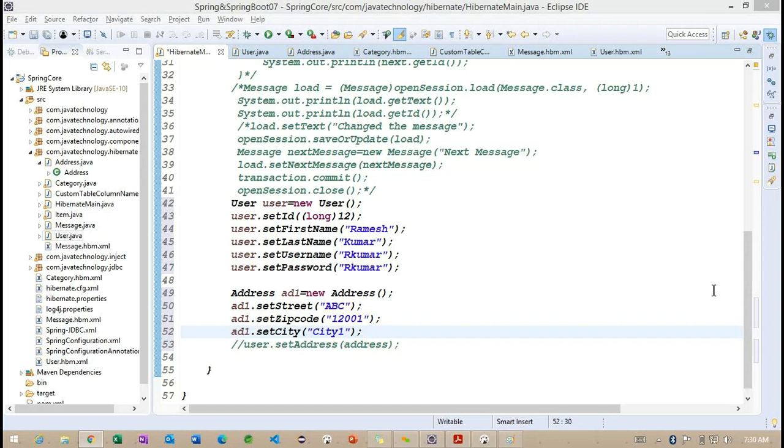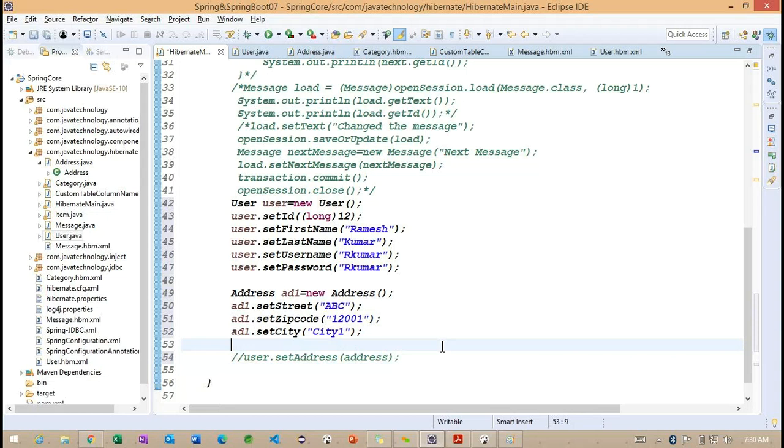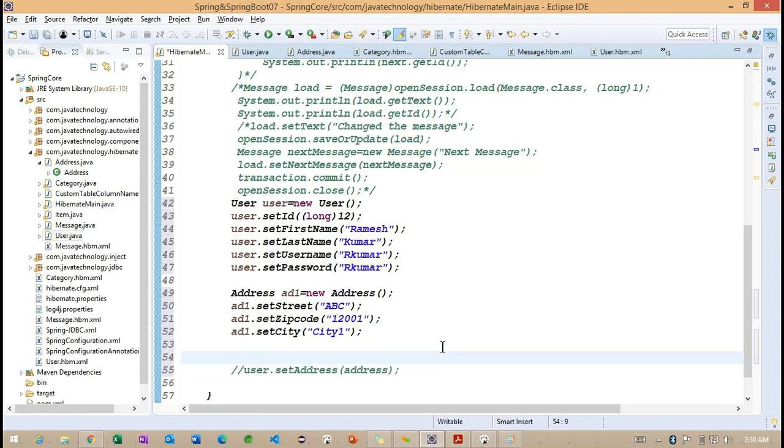Right. Now what I'm doing here. So here we are going to work with this particular, so we can check as a home address. And, okay. So we'll save this example first. So how the data is going to insert it. So later we can work on this particular home address and the billing address.